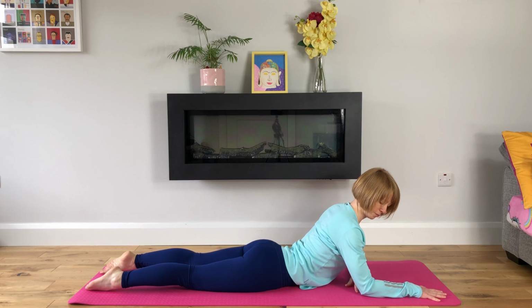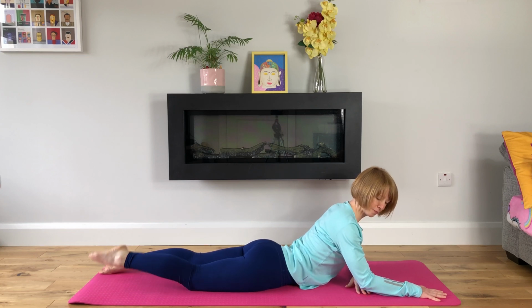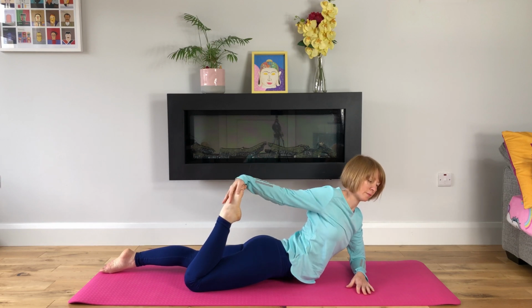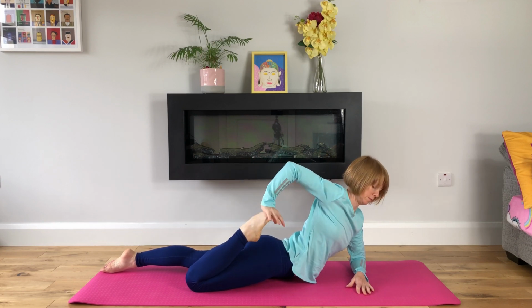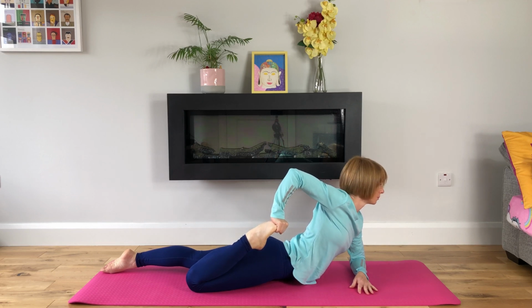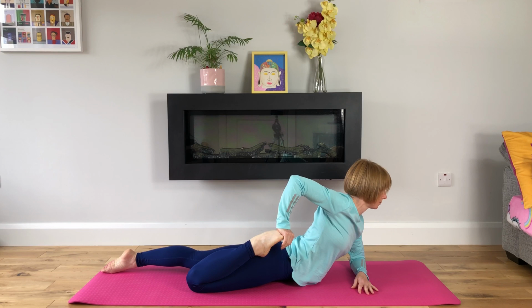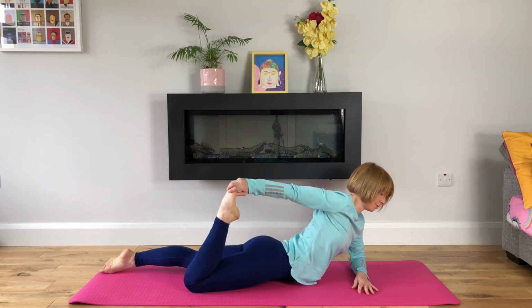We'll move our left hand to our right elbow. We'll bend our right leg and reach back with our right hand to hold our foot. If we can, we'll move our fingers to face the front of our mat, remembering to keep both shoulders down and away from our ears. We'll inhale and exhale, slow, steady breaths through our nose. And release. We'll return to Sphinx